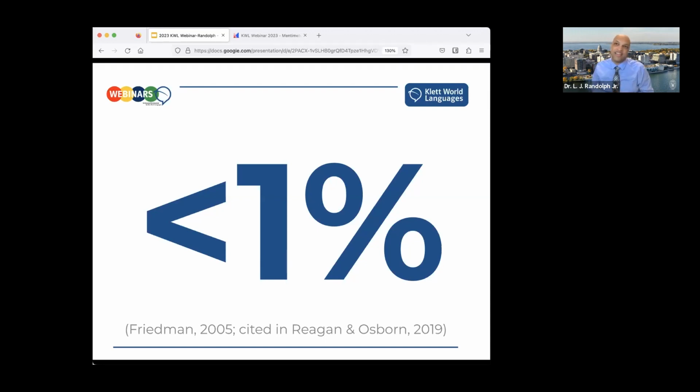I realized that I can't approach this class with the thinking that it's everyone's goal even to be proficient. So I had to think, what are the other goals that I might be able to incorporate in order to make this class a meaningful experience for all of those students? According to Friedman, the 99% or so, we'll say 95%, because this was over a decade ago, the 95% of students who take the class but do not go on to be proficient in the language. And the thing is, even if students do become proficient, what then?